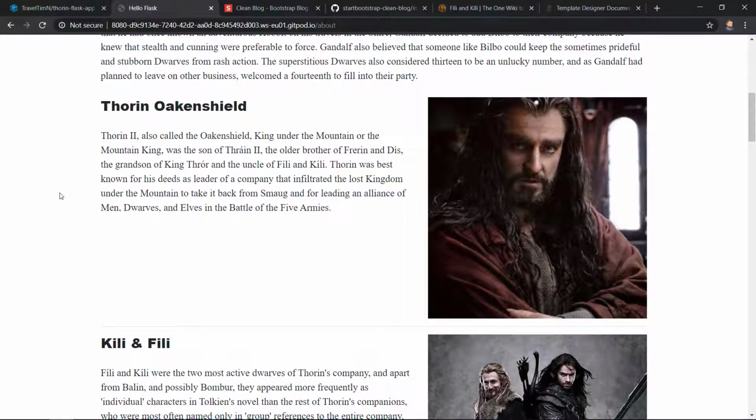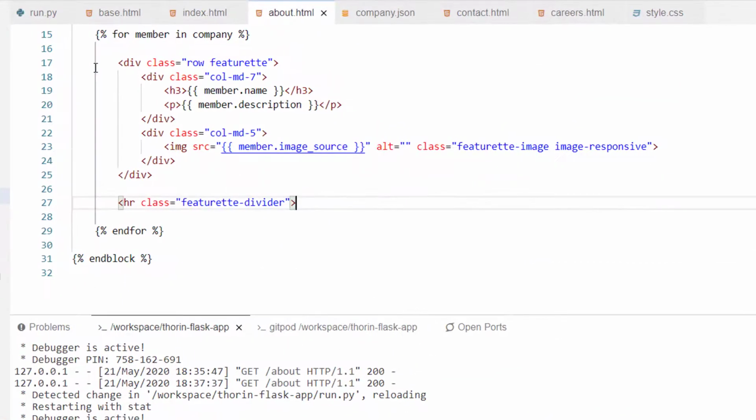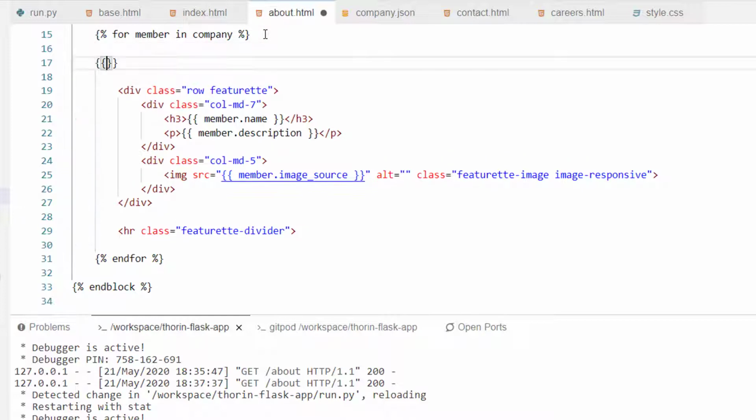In our previous video, we got our data displaying to screen and iterating from our JSON file. As we said though, it would be nice if we could reverse the order of the images and text for each subsequent row, just as we did in our initial setup. We could actually do this quite easily, because when we create a for loop using the Jinja templating language, it